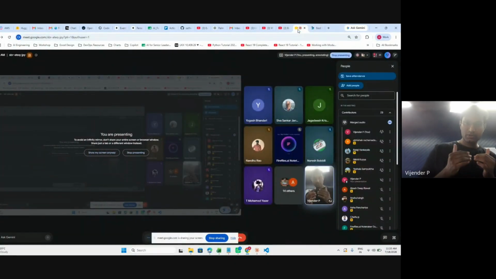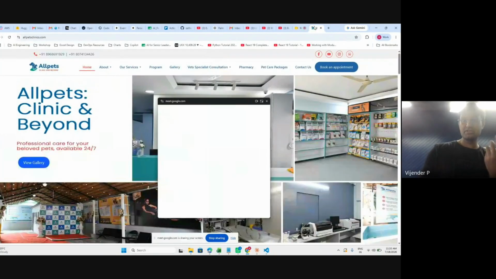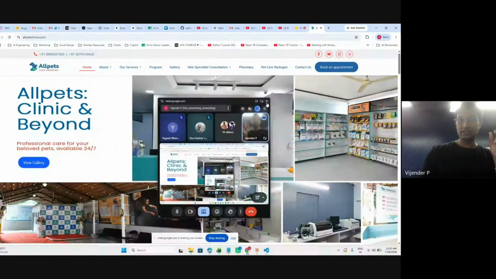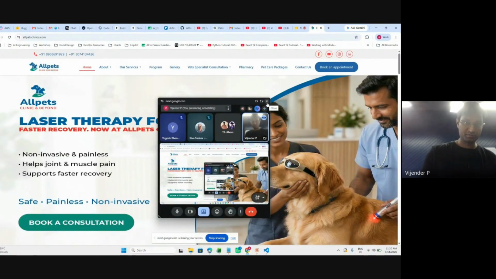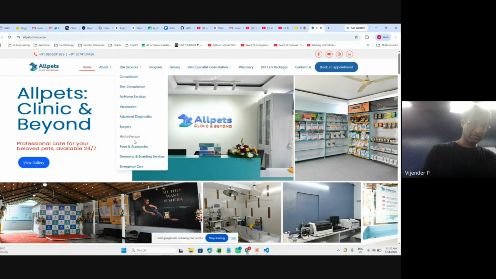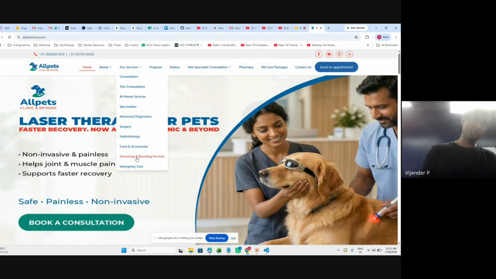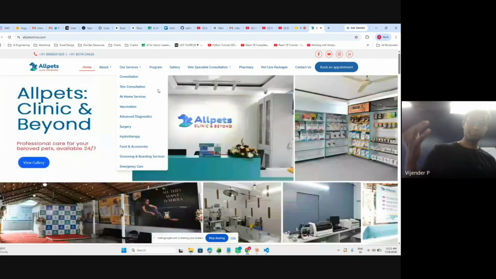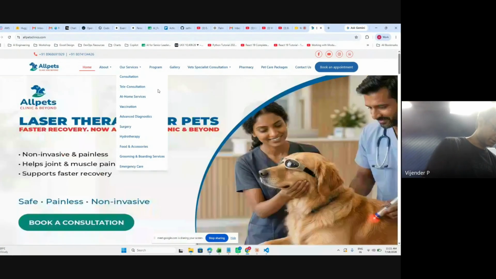The problem statement is, today when they want to analyze the performance of the firm, see, it's a pet clinic, so obviously it's not only a typical clinic. They have inventory also. They sell pet products, correct? If you see their website, they have all these various things: hydrotherapy, food, accessories, grooming, boarding services, a lot of these things. So pet parents bring their pets and they